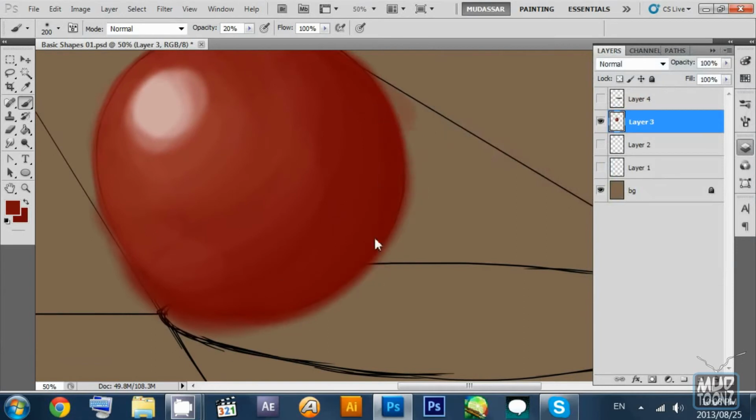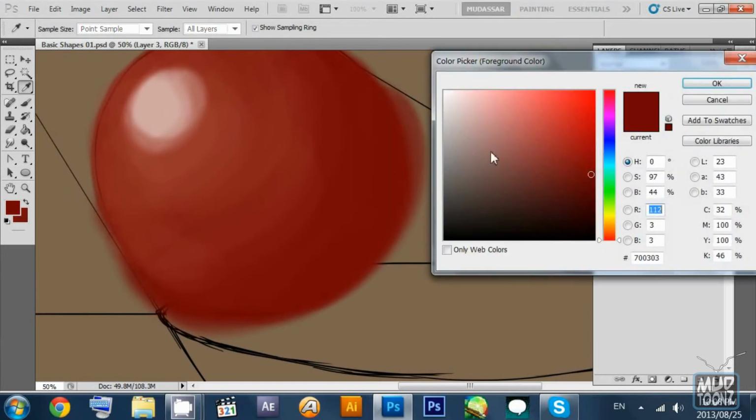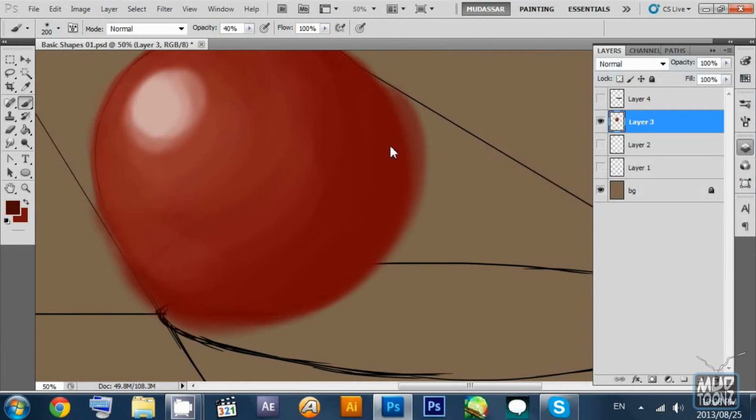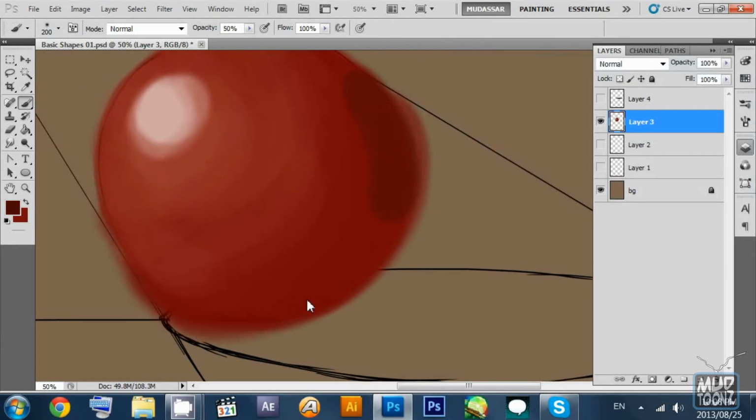Again, the PC seems to be stalling, but it's alright. Okay, so here I add more shadows, change the color values, go down darker more, and go to 50 as opacity. No, 50 doesn't seem right. Go back to 20 again, and